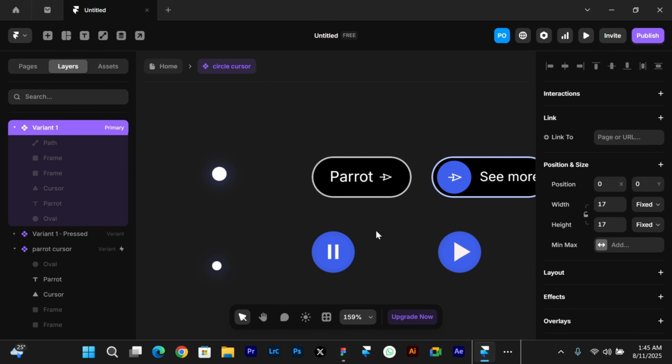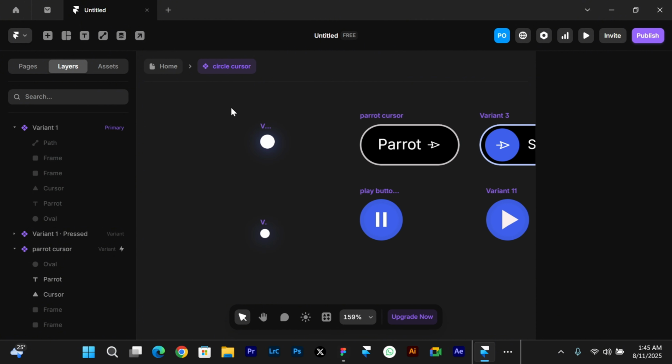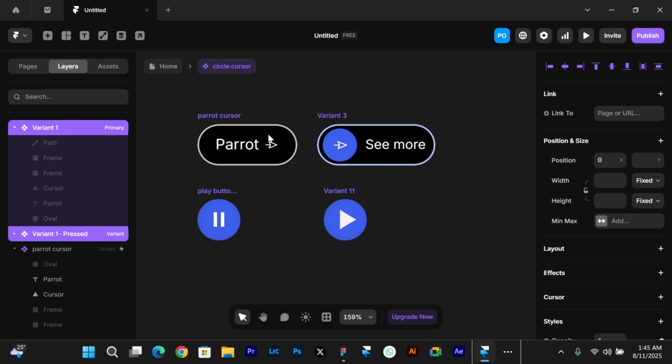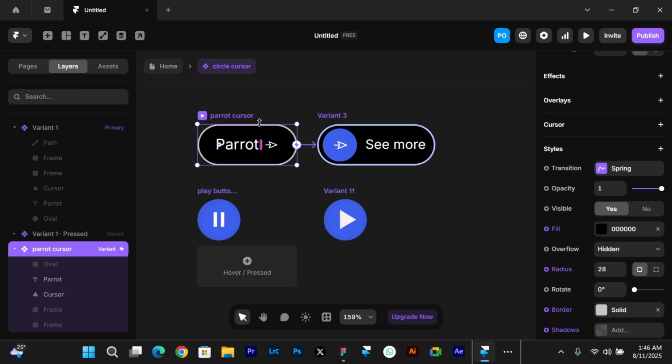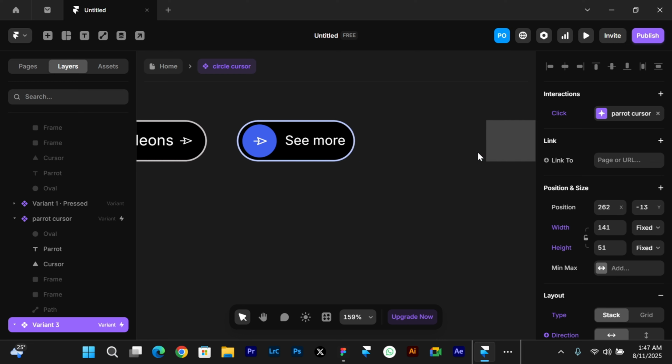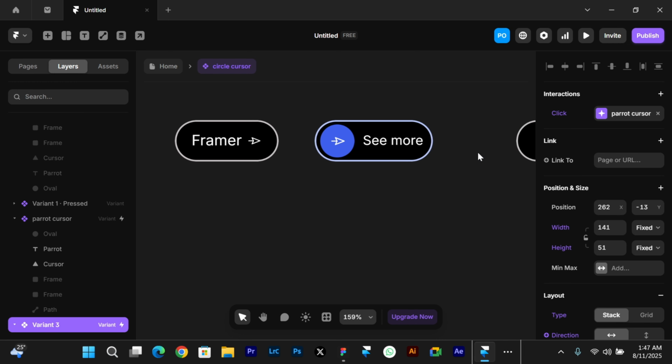Like I've already said, the first interaction we're going to be applying is this circle component with the interaction of the press state. Then the other ones here are other variants I would like to add to specific cards on our design. For the interaction of this one, I set it to click. So when we click the first variant, which is a parrot cursor, it's going to lead us into the second variant. If there's any link you would like to add, you can quickly link that in the properties menu. So whenever you hover over these cards, you're able to link them to other pages. This same interaction applies to other variants I would like to replace on specific cards.